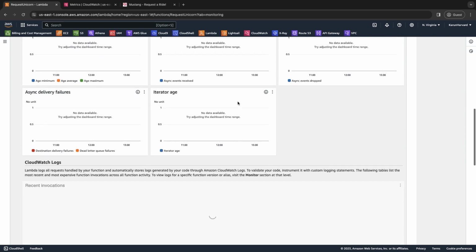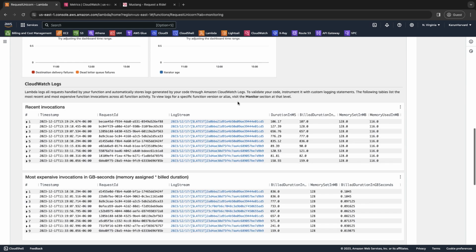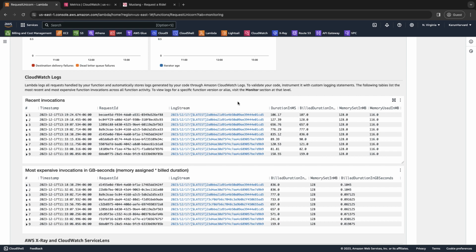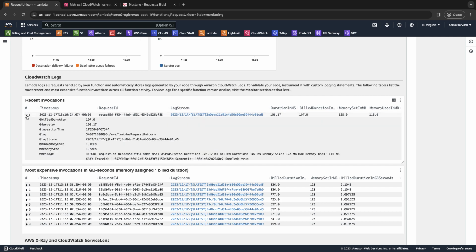As you scroll down, you will start to see the CloudWatch logs. And you can see that already AWS has collected several log records. Let's go ahead and expand one of them. You see a high-level log record in this view. When you need to look at the actual log messages produced by your Lambda function, you can click on the log stream here,